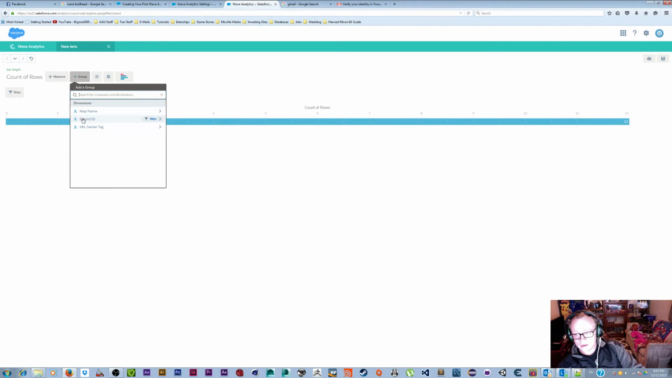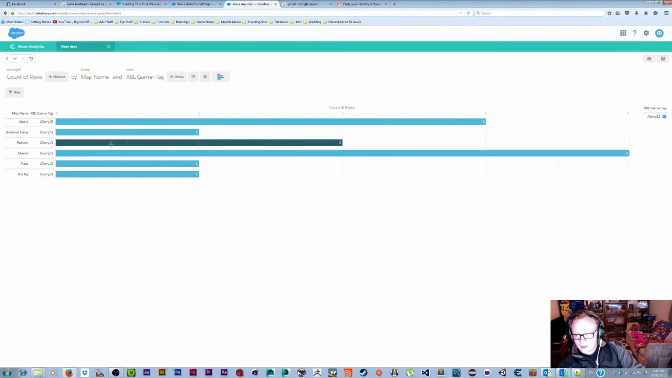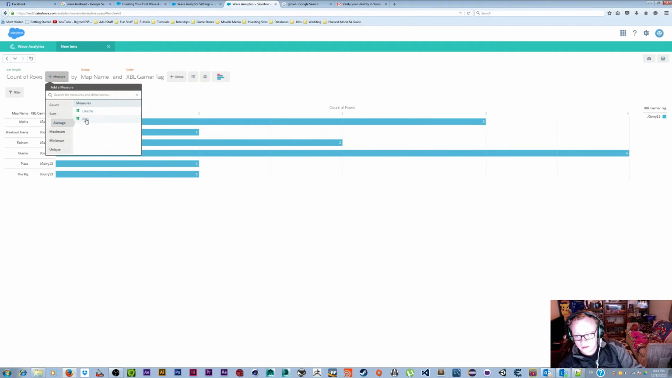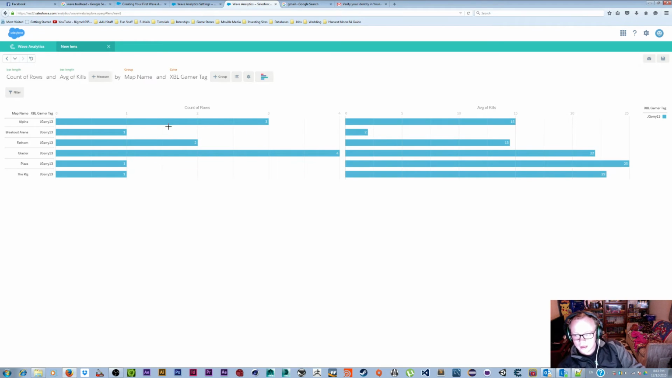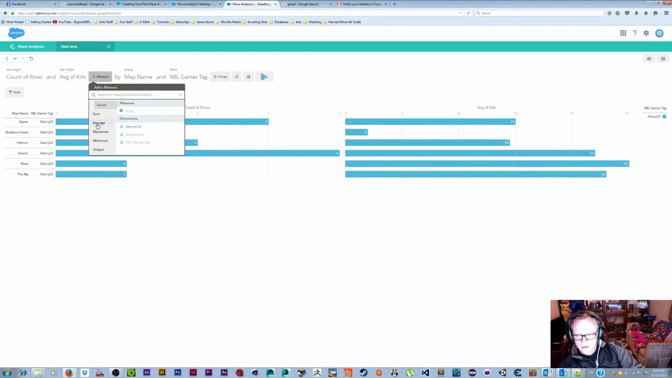What you can do at that point is you can group your rows. So I'll group mine by Halo map name, and then I'll group it by gamer tag. What this is showing me is how many times this gamer tag has played on this map, and then we will measure, say, the average kills per map. Okay, and the average kills per map for this map Alpine for this particular player is 15, 25 for Plaza, and if you wanted to further group it or further measure it, you could do an average of deaths,